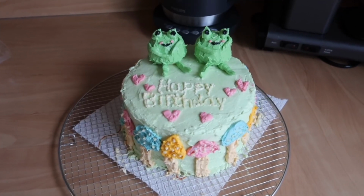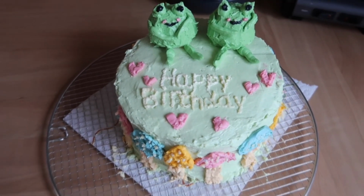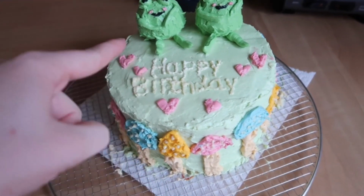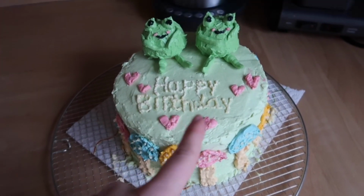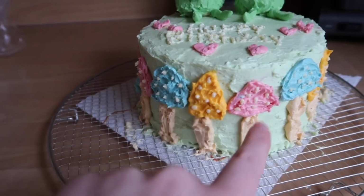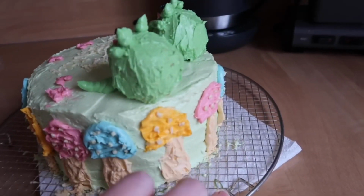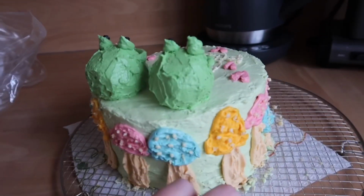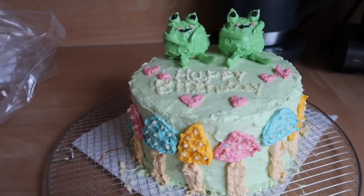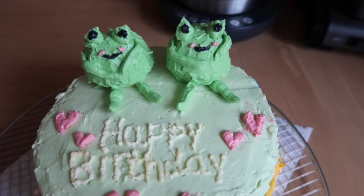Okay, so this is the finished cake. I think it died when I was writing happy birthday. So eventually I wrote happy birthday. I put some dots on these things here, it goes all around. And then I made these frogs with the